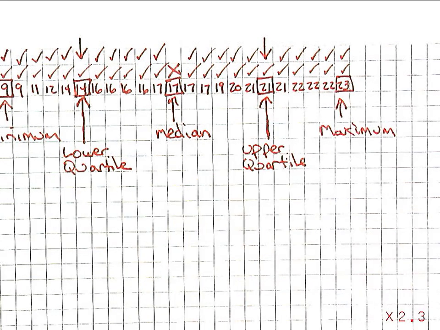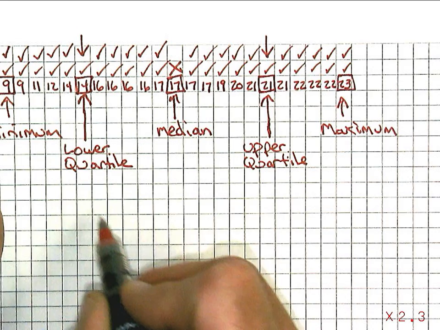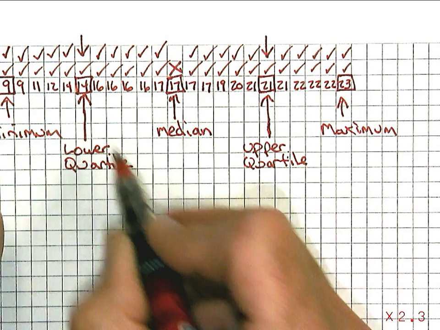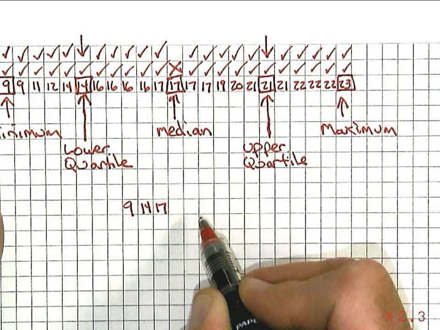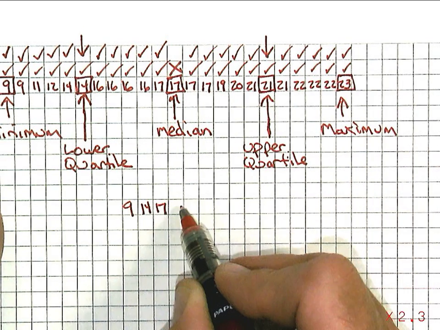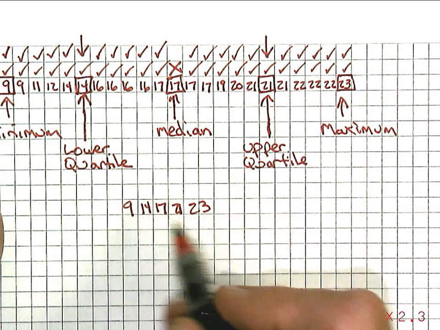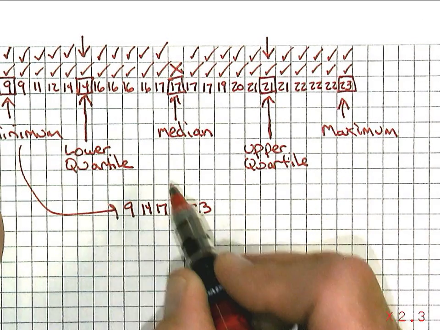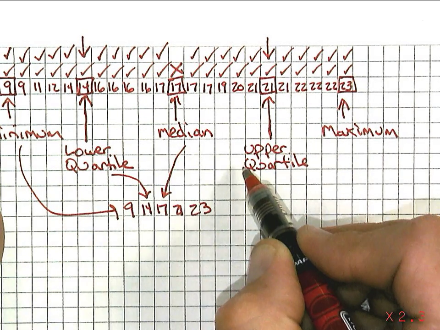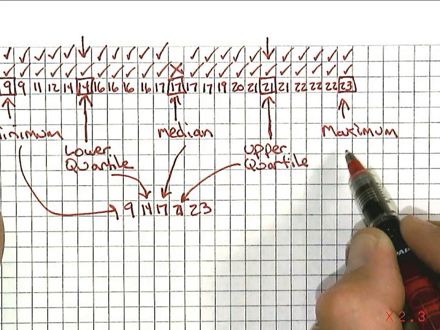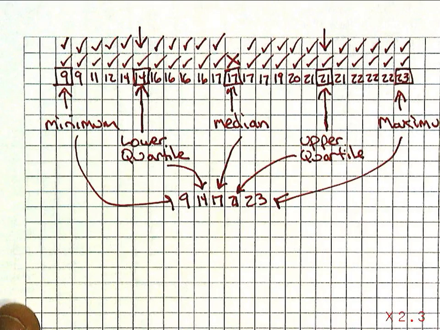So if I'm talking about a 5-number summary for this data, the minimum being 9, the lower quartile 14, the median 17, the upper quartile 21, and the maximum 23. So those are my 5 numbers: minimum, lower quartile, median, upper quartile, and the maximum. 5-number summary for the price